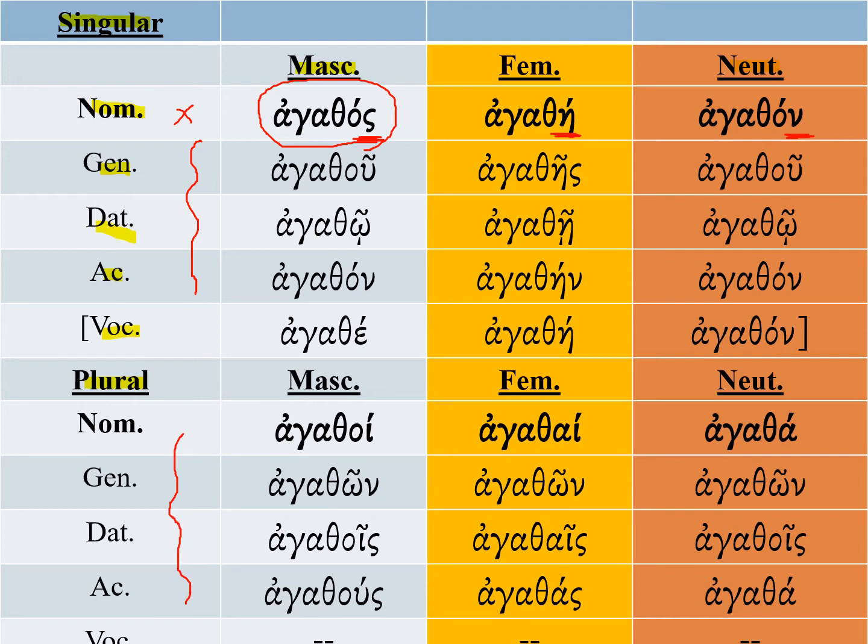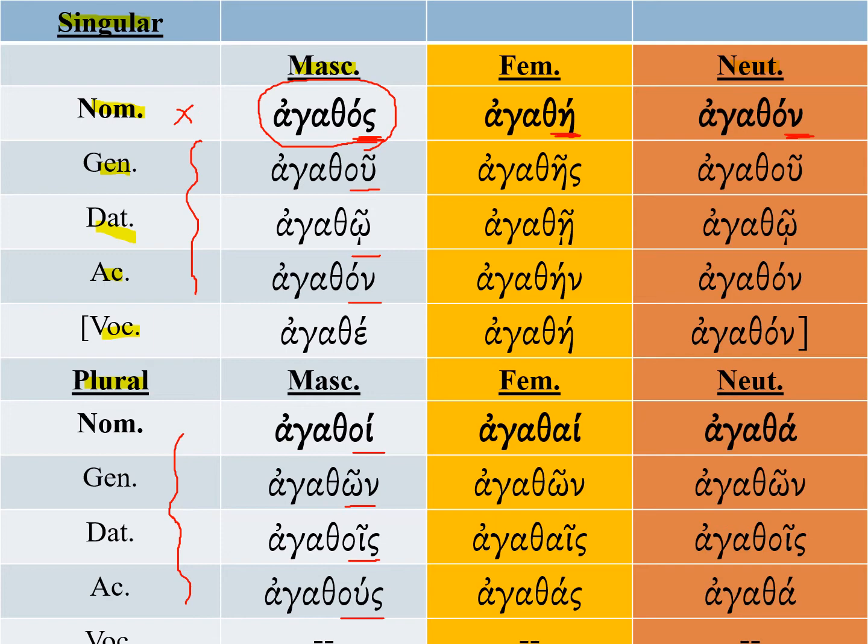So this pattern follows the masculine nouns. So agathos in genitive becomes agathou, dative agatho, accusative agathon. And now if we go to the plural forms, agathoi in nominative, genitive agathon, dative agathois, and accusative agathous. And same way when we look at the feminine form of the